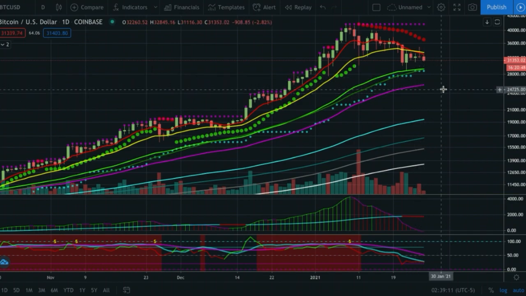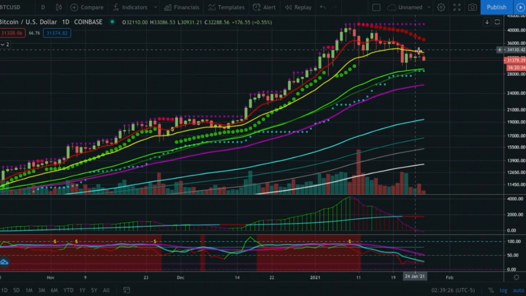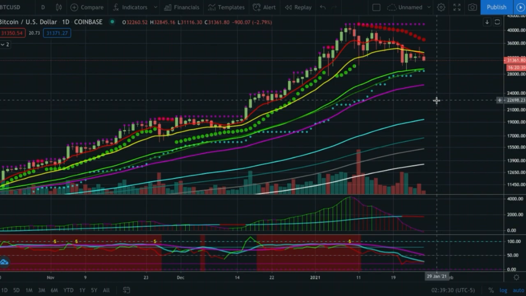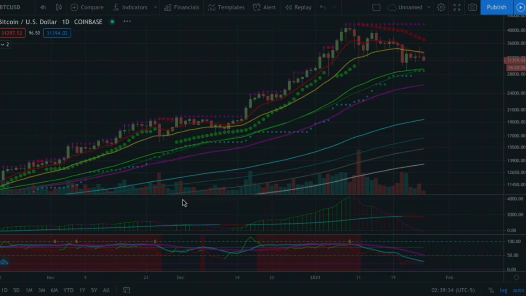time capitulation, price capitulation, etc. So if we come down to the 89 moving average, it's starting to level off at 25.7. If we come down to the 200 exponential, it'd be right in that 21,000 range, 20,000 range. And then the 200 simple is like at 18,000 or so. So again, they're going to line up pretty well. Everything's lining up pretty much perfectly for this move. So it looks good still. Everything looks like what we're expecting.